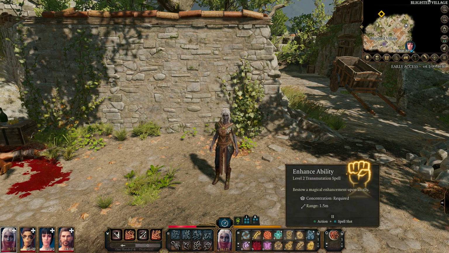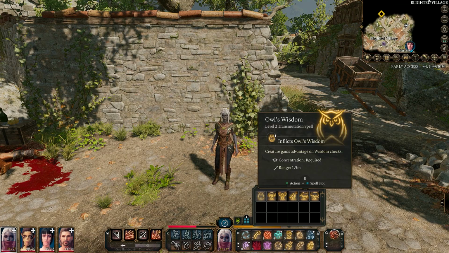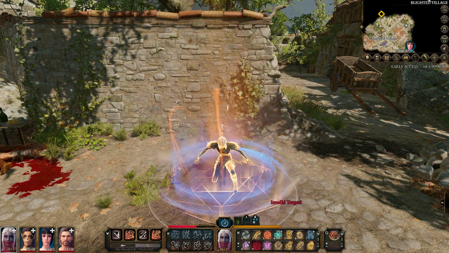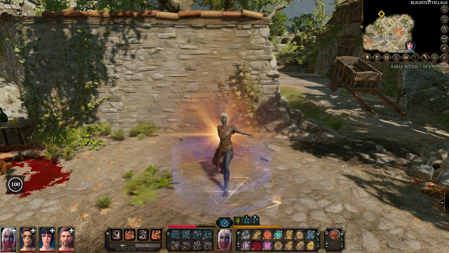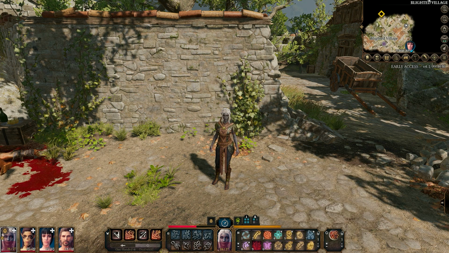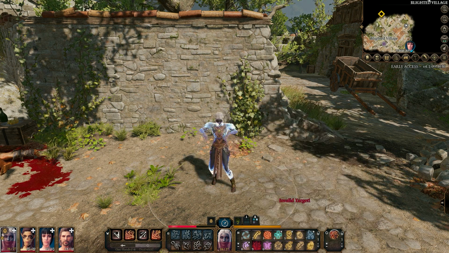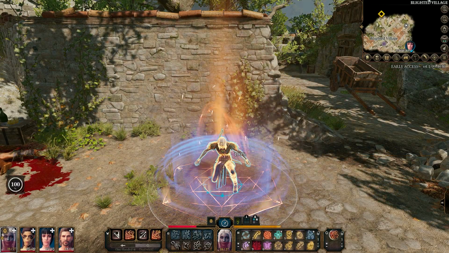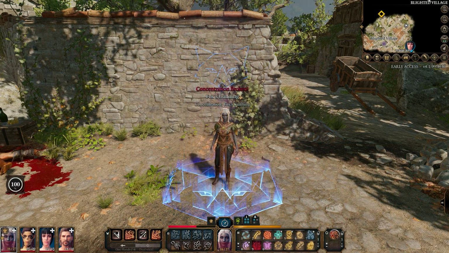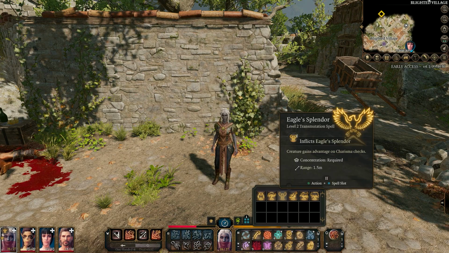The Enhance Ability allows you to place one of 6 magical enhancements on an ally. Owl's Wisdom for advantage on wisdom checks, Fox's Cunning for intelligence checks, Eagle's Splendor for charisma checks,